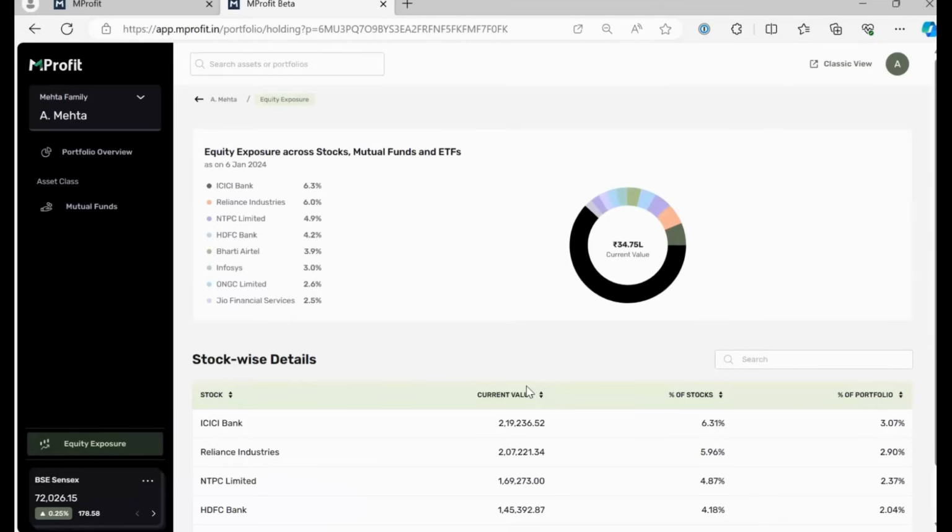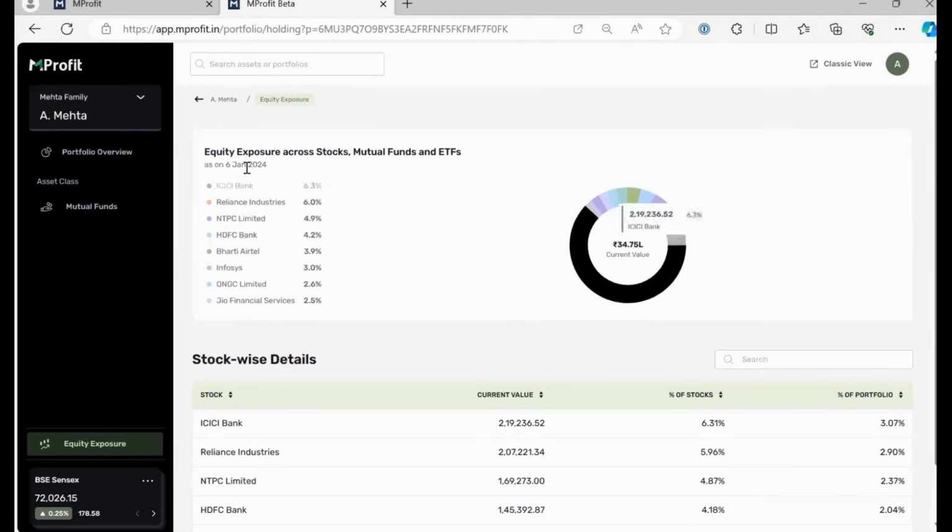It's actually just gone live in the last 2 or 3 weeks, where I think a lot of people wanted this feature, where you want to track your exposure to a particular stock, not just in stocks, but also across mutual funds. You can get a combined view now of what your exposure to a particular stock is across stocks, mutual funds, and also ETFs.